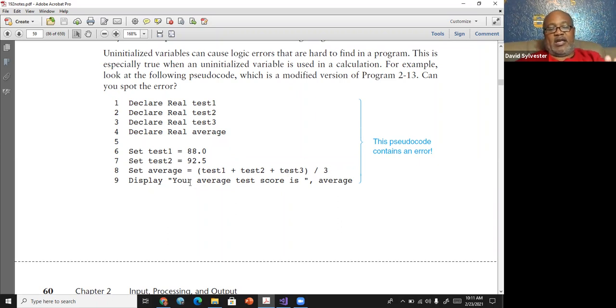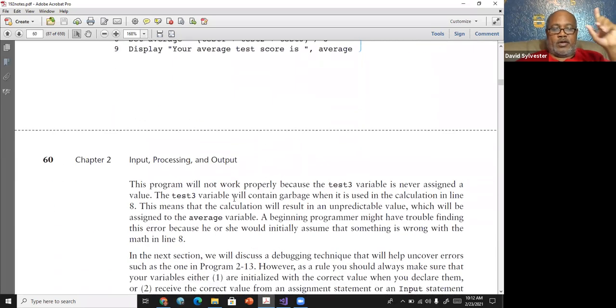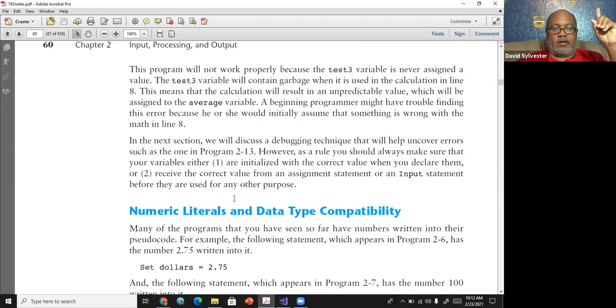If we were to do the same exact program in another compiler, we would get an error because it would say, okay, test 1, I know it's 88. Test 2, I know it's 92.5. Test 3, it's declared, but there was no initialized value, and there was no assigned value. So therefore, I can't solve this expression, so you'll get an error. So you've got to be very, very mindful of that, right?